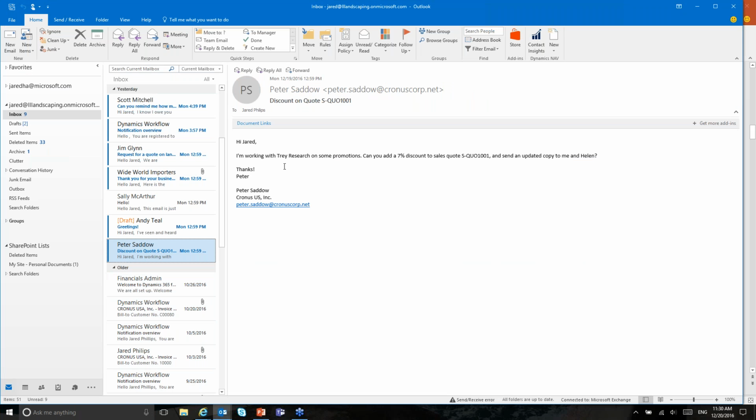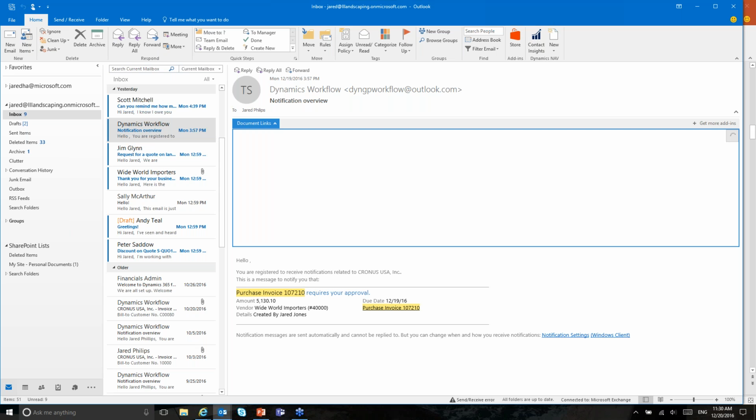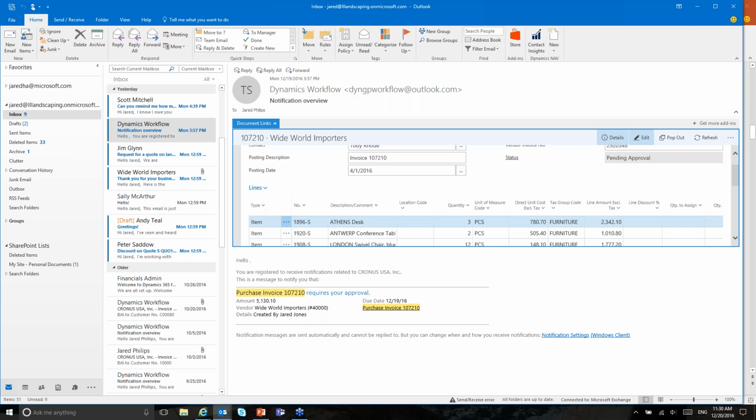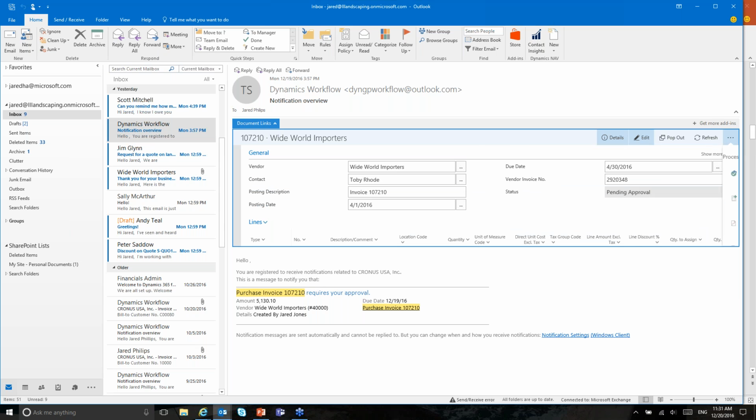So I've submitted that for approval, and I've received this email from my Dynamics workflow. And the document number is referenced within the body of the email. And this is a link that would open up the web client to go to that document, but I can also use the document links add-in to go straight to it from within the body of my email. We recognize purchase invoice 107210. We go find that document, and from my email message, I can review all the details of that document to know whether or not it should be approved, and then